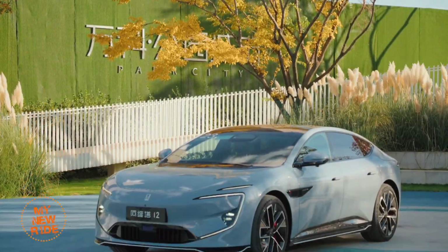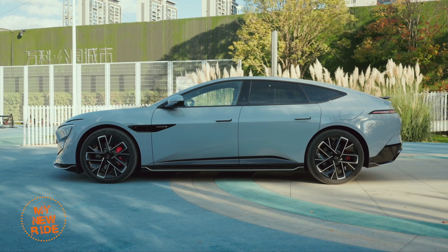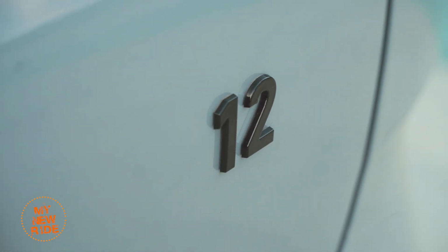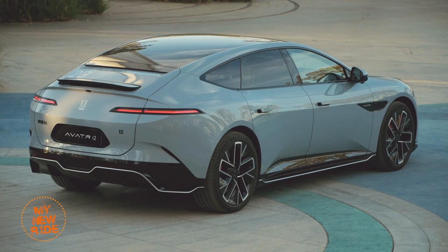This Demon Lord is thick, too. The 1-2 looks big in photos, but it looks downright huge in person. At a hair over 5 meters in length, it's mere millimeters shorter than a Porsche Panamera, but a bit taller. Unlike a lot of slab-sided EVs, however, I think the 1-2 wears its size with surprising grace. Whereas some of its competitors look like they're stretching upward in an awkward attempt to imitate an SUV, the 1-2